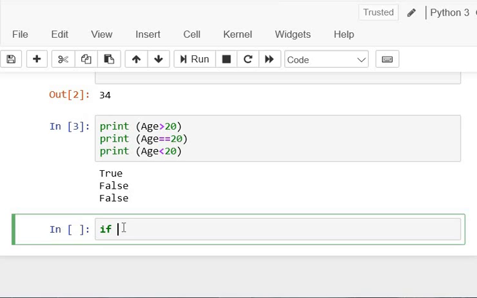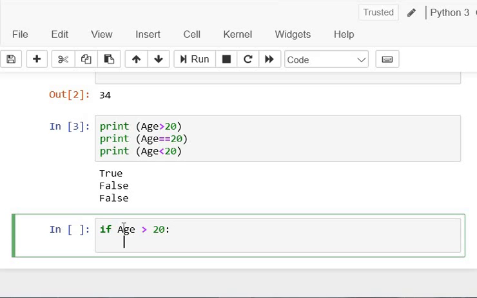We say if age is greater than 20, this statement will print out this. Print out, age is greater than 20. Right? Then when we print it out,